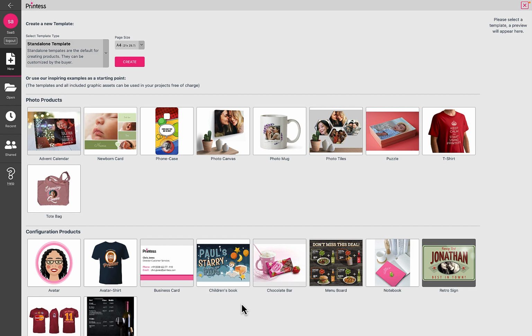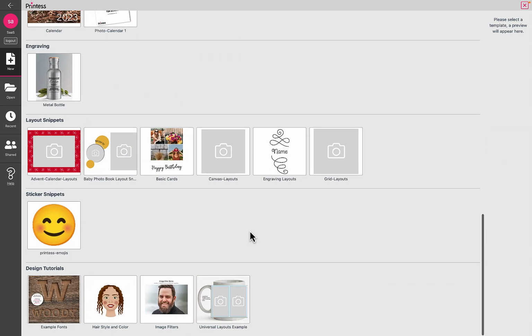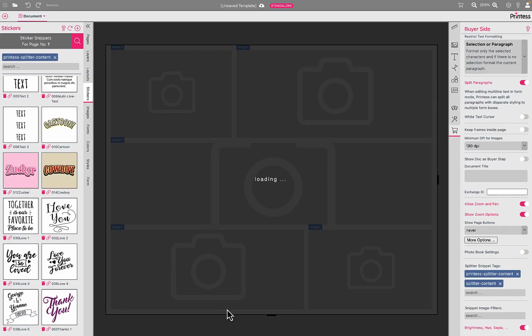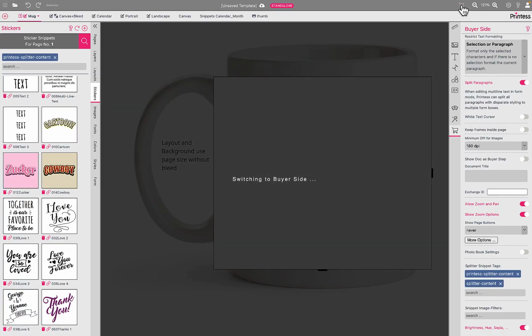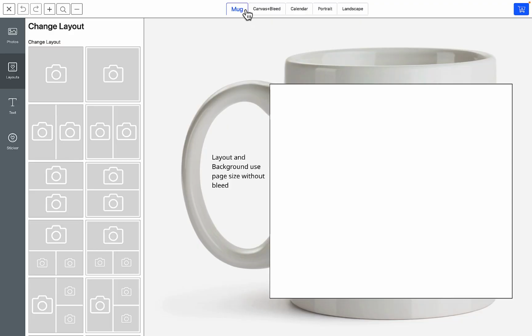So when you have opened the Printess application, just scroll down to the very bottom here and there are some design tutorials. So I open the universal layout example. So you should do that as well. And when you now switch to the buyer side, we have some very different products, like for example the